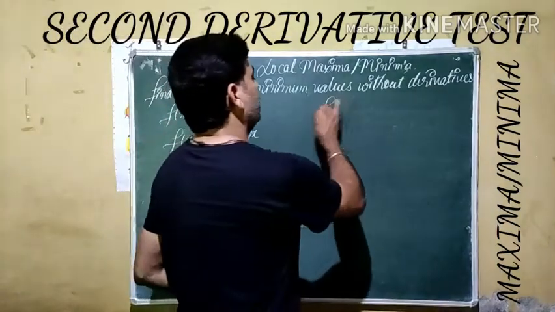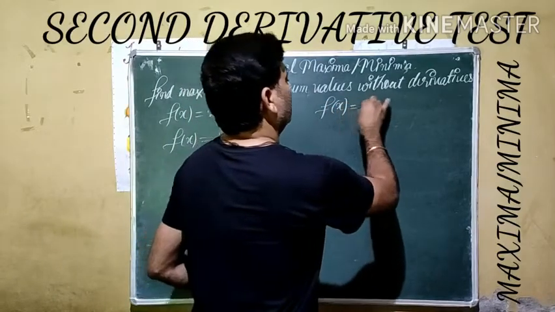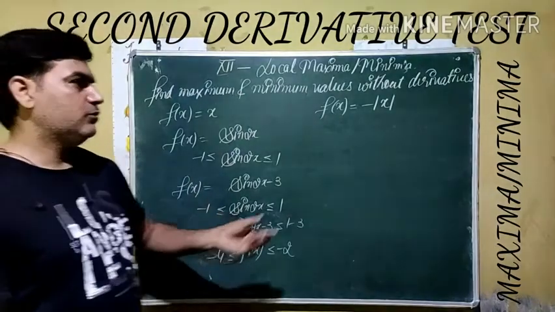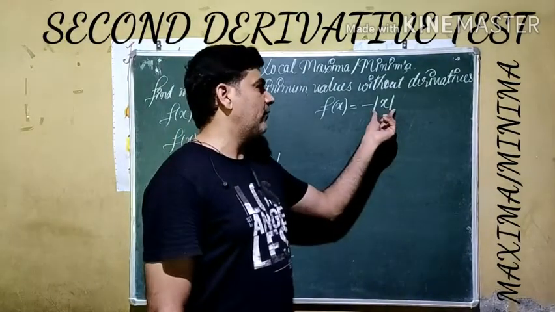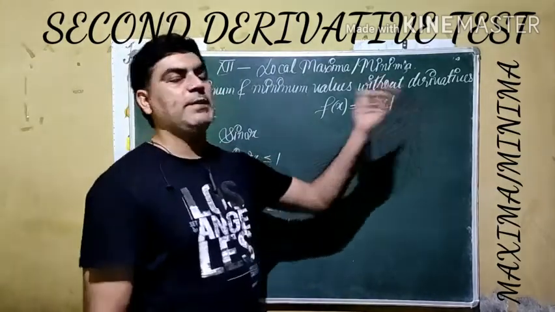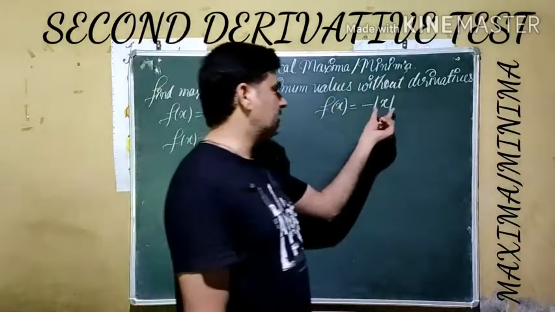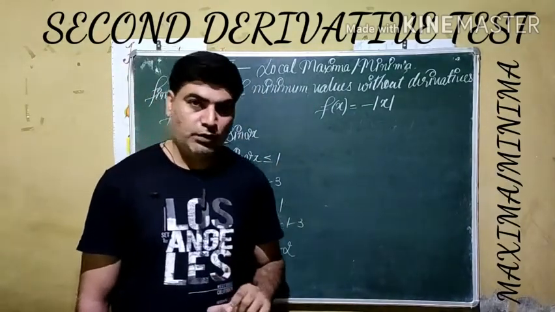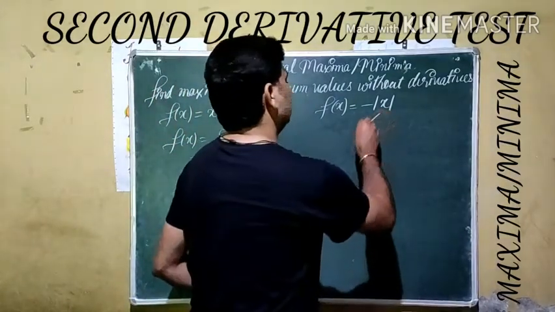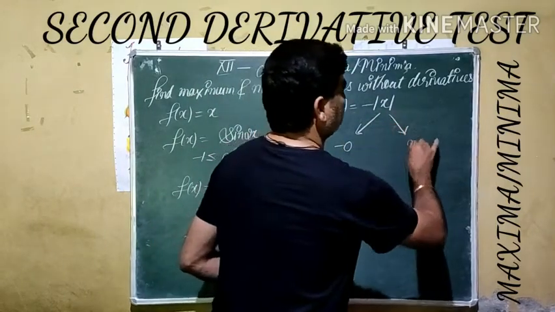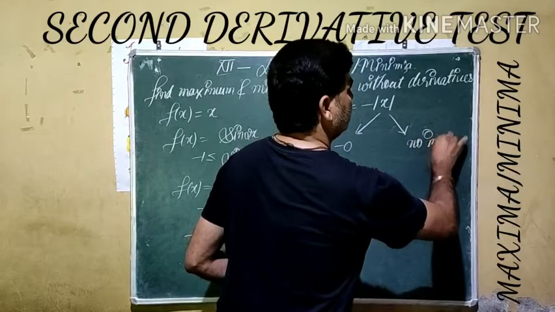Now if you see here, what is the lowest value and highest value of the function? As you know, the modulus function means absolute value, which is always positive. Due to the negative sign, every positive value becomes negative. As we have discussed, the modulus value has the lowest possible value 0. It means the lowest value 0 is the lowest answer. The highest value we cannot imagine.